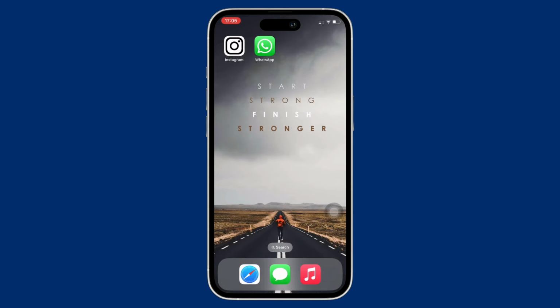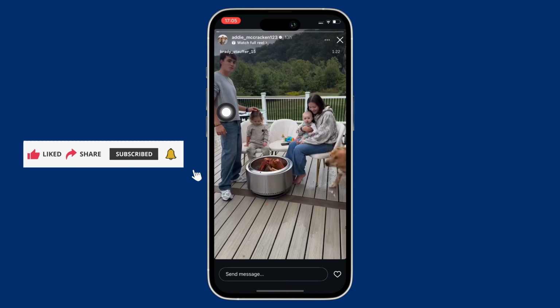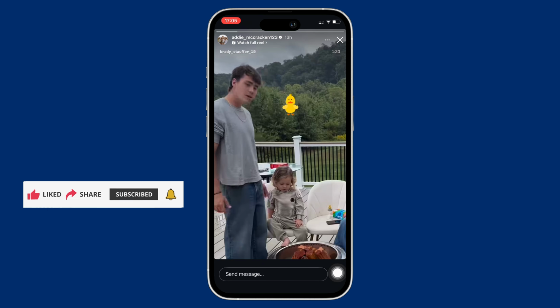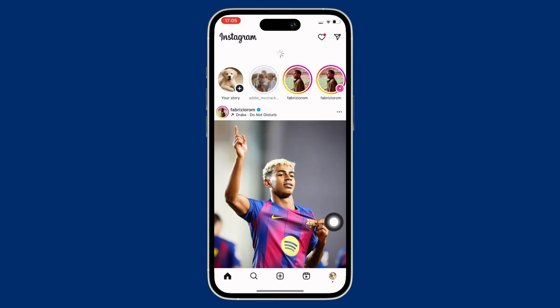Now let's get right into the tutorial. Firstly, go ahead and open your Instagram application on your device and make sure you are signed in. Now, if you open someone's story and tap on the like button, and now if you want to see the liked stories, then tap on your profile icon on the bottom right of your screen